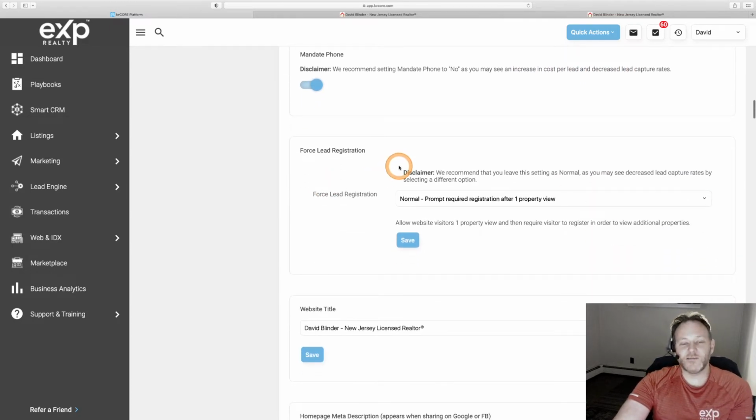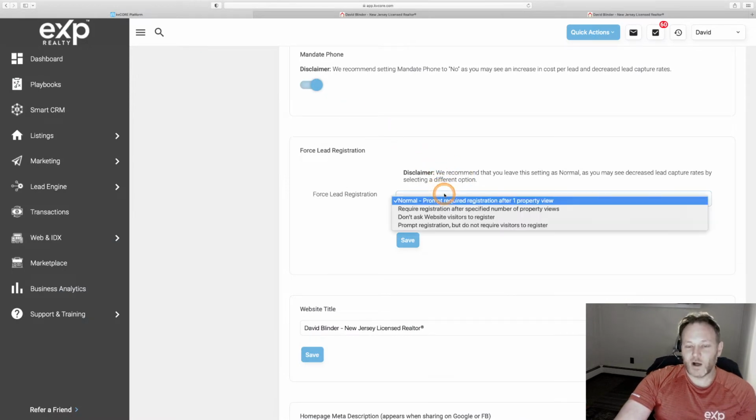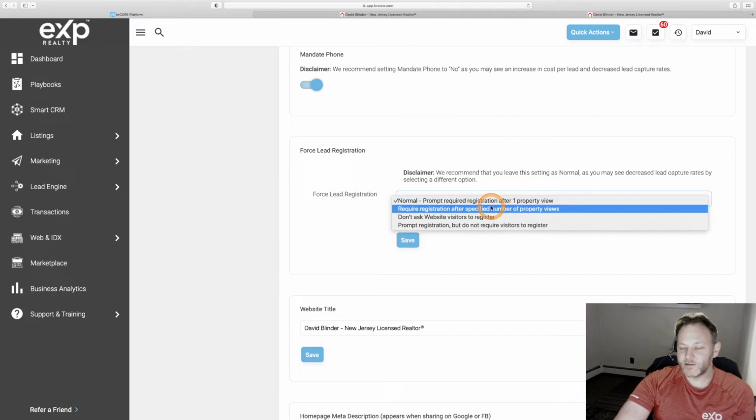You can choose the interval at which the visitors to your website are prompted to do that login screen. So I have mine set to prompt after one property view. You can choose a specified number of property views before they're required to create an account on your website. I think you can have a maximum of 10 property views. There's different intervals of how many times they can look at homes before they're required to log in to continue on your website. You could choose to not have your website visitors register, and you might have more people that look at your website,